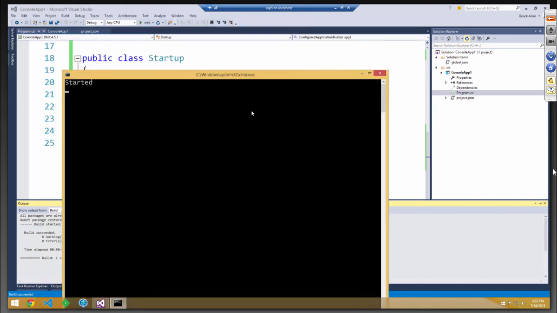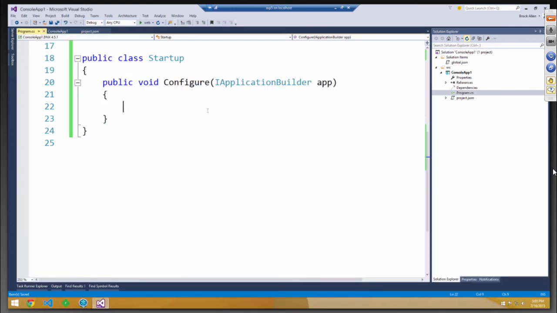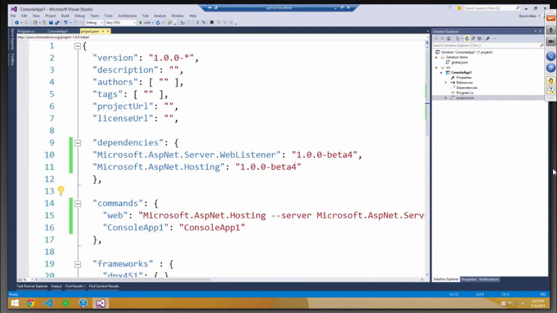So again, what is middleware? It's basically the code that you want to run in your web server. And middleware gets to look at a request coming in and can optionally generate the response. Now I have no middleware running here right now, but I did have my web server up and running properly from the DNX commands from my project.json. So that's really the only thing I need to do next is actually configure the middleware that I want to